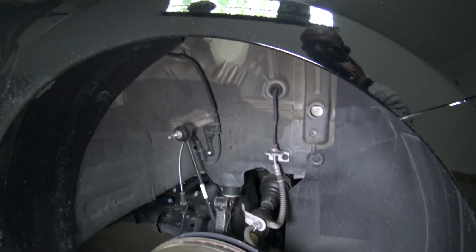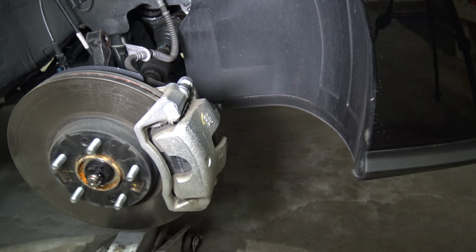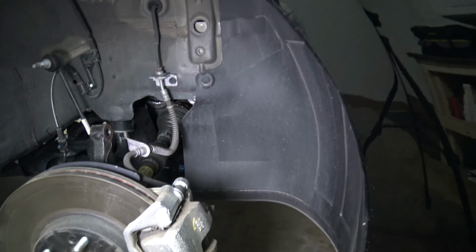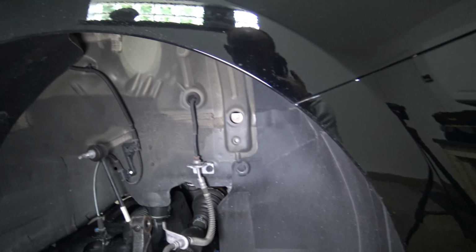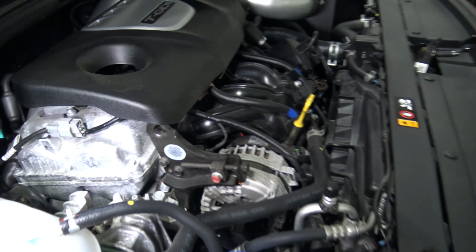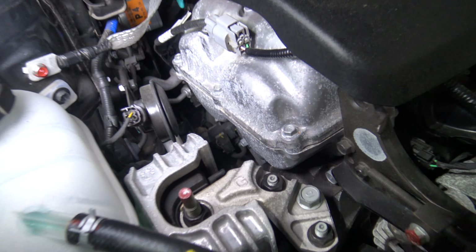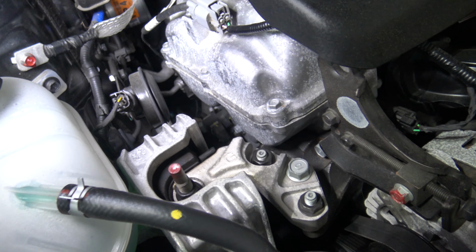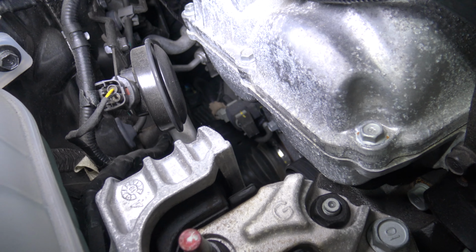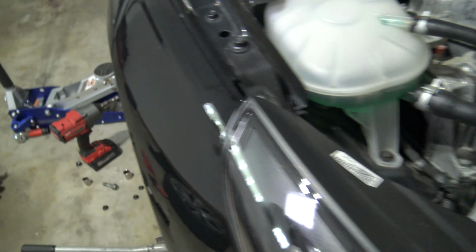I'm already doing some suspension work. As you can see, my strut is not in the car right now. So I'm going to approach it from this side here. That way, I'm not laying on the ground trying to do it from underneath the car. But I would say, just by looking at it and never having done it before, if you have access to a lift, I would just pull the skid plate off and do it from underneath. I think that it is possible to do it from the top if you don't feel like going through any of that ordeal. So you can try it that way, but I'm going to do the through the wheel well